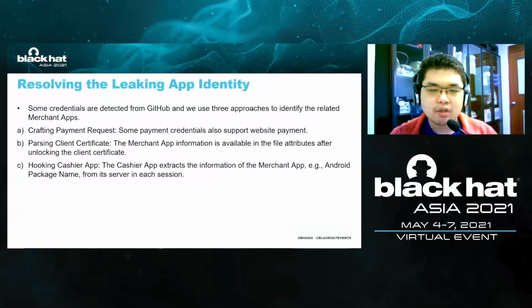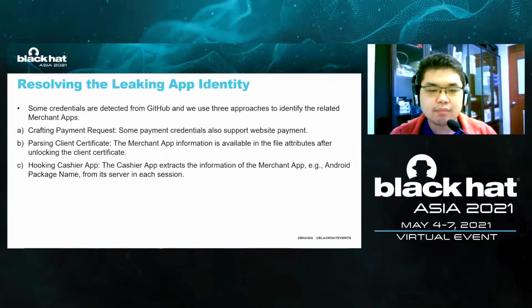Thus, we developed a 3-in-1 approach for this target. First, some payment credentials also work for websites, so we can craft the corresponding payment request and send it to the cashier server. Then the desired app information will just appear in the response from the cashier server. We automate this approach and have identified around